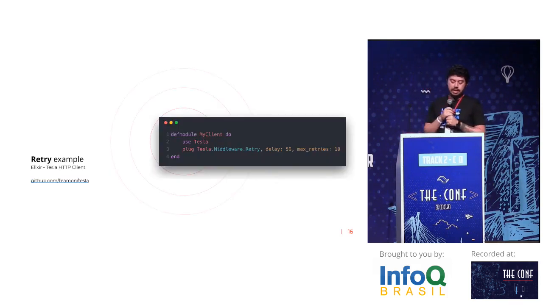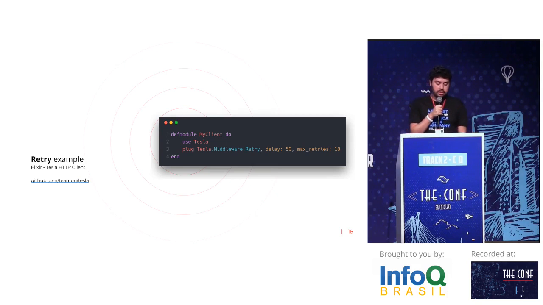I put some examples here. This is a retry example in Elixir. We use Elixir inside global.com, in some APIs, in the web media platform. With a single line, we can set our retry. We can set our delay, our backoff, and our max attempts.